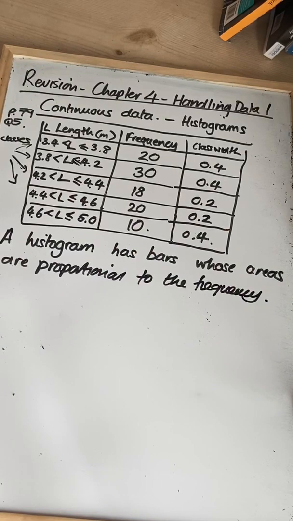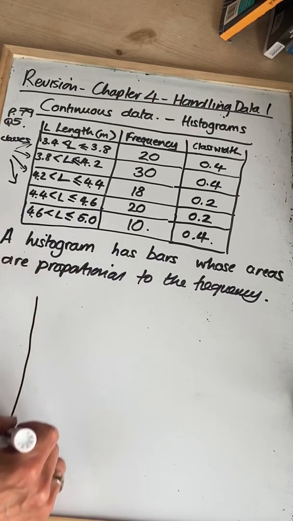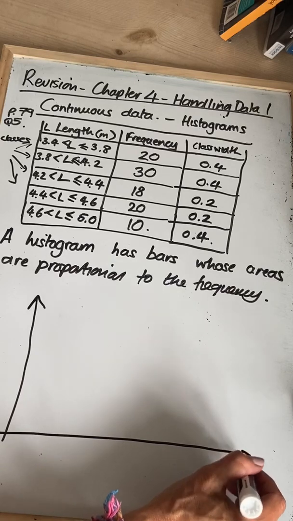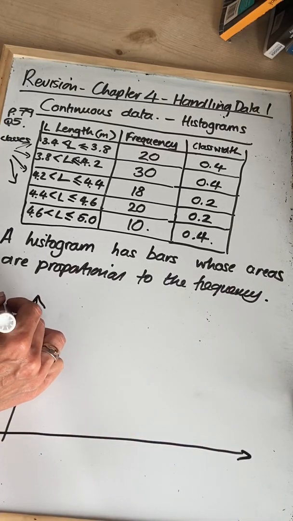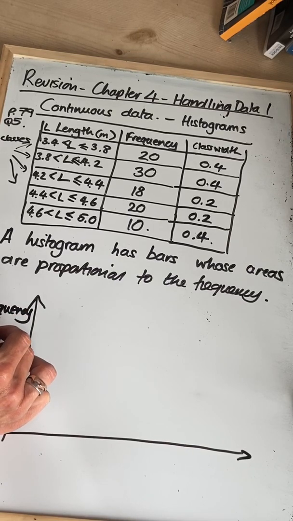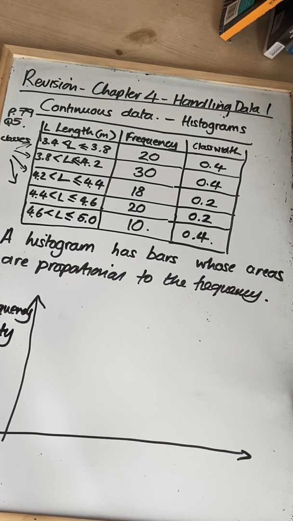In order to do that, we've got to make the areas of the bars the frequency rather than making the height of the bar the frequency. So we are not going to have frequency on our y-axis. We are going to have something called frequency density on our y-axis, which you may remember. Now, frequency density is equal to, and you do need to remember this,